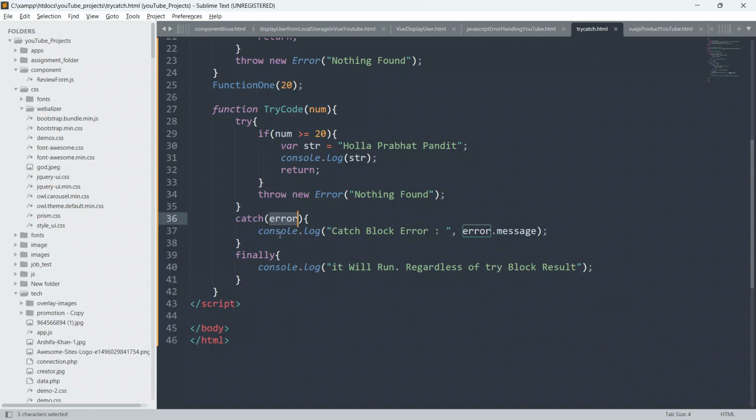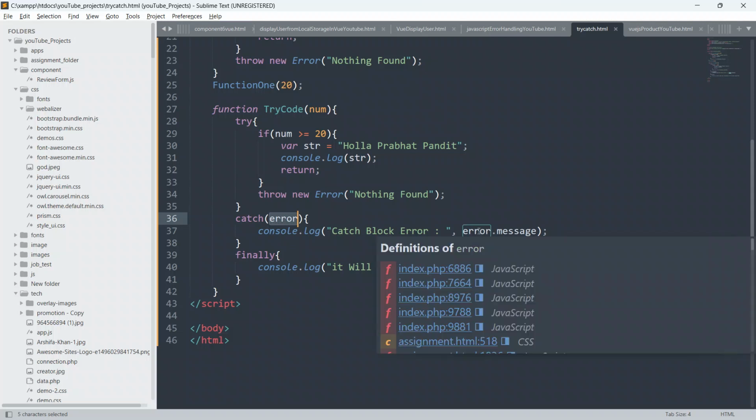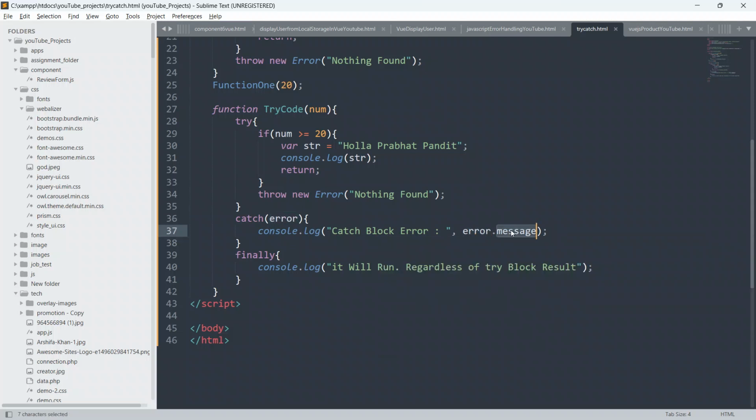We will display console.log catch block error, and we will say error dot message, and we have got the message here, nothing found. So whenever we catch an error, it will display in the console that catch block error, and it will say nothing found, because here I am grabbing error dot message, which says nothing found.